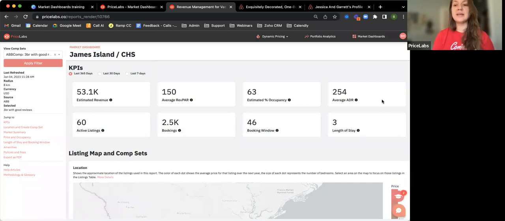So first, we've got these basic KPIs at the top. You have the option to look at the last 365 days, the last 30 days, or the last 7 days. Now, this is going to help you give a general gauge on how the market is doing and just generally the performance of the listings in your comp set. If I'm looking at either the last 30 days or the last 7 days, you're going to see that there's a secondary number here. So in this case, we have estimated revenue over the past 30 days for these 3 bedrooms in James Island,